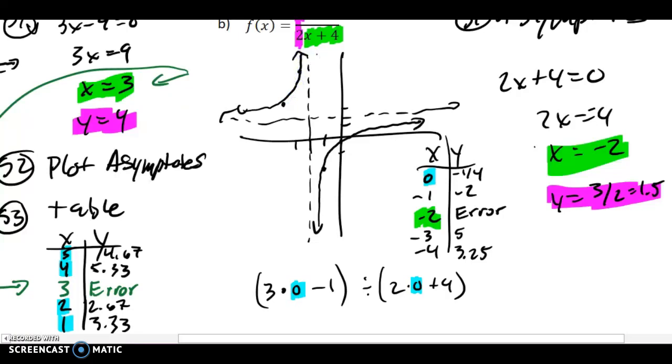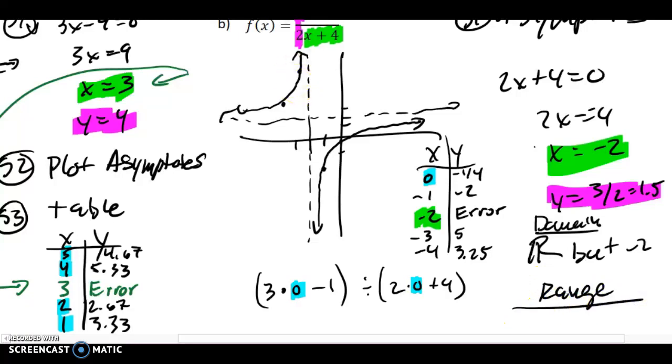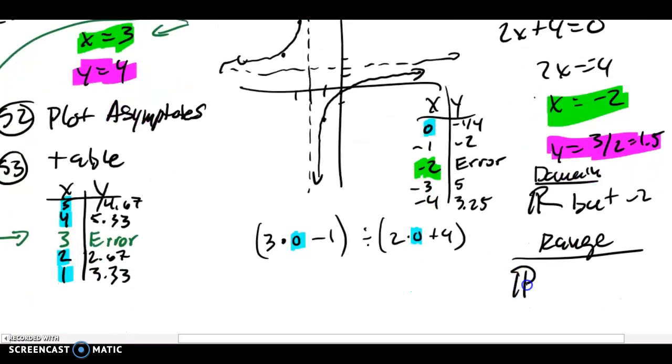Domain range is really easy. Notice these graphs go left forever and right forever. So it's going to be all real numbers for the domain, but not the asymptote, negative 2. The range, again, is super easy. You're going up forever, down forever, so it's all real numbers again, but it can't be that asymptote. It jumps, kind of hiccups. The asymptote is 1.5, and that's it. So notice asymptote